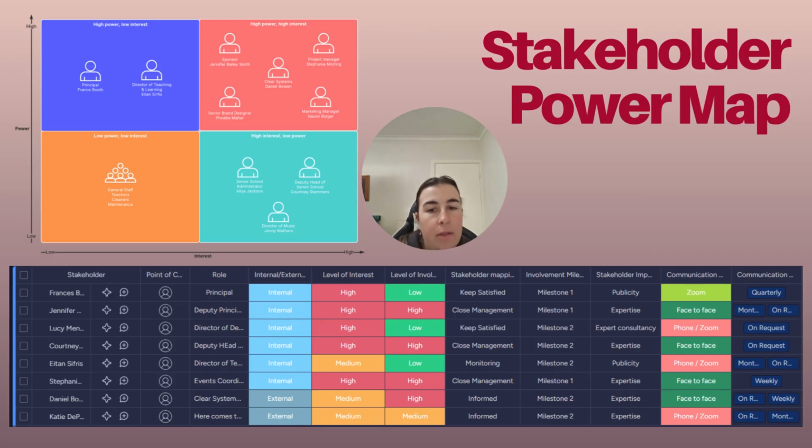And again, for our low power, low interest groups, like our teaching staff, our maintenance, and our wider community, they'll basically just be involved very minimally. Communication will be super simple, just task focused, and there to help support a smooth bump in and rehearsal schedule and the daily operations. So again, refer to this. It helps us tailor how we communicate with each other and how often we need to communicate with each other. If anything's not clear there, feel free to reach out.